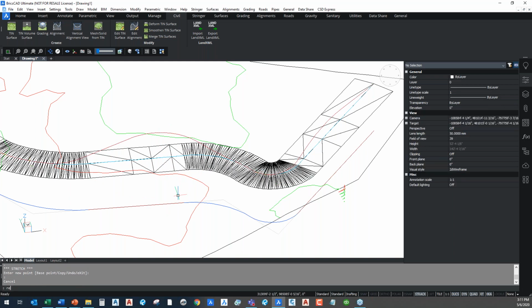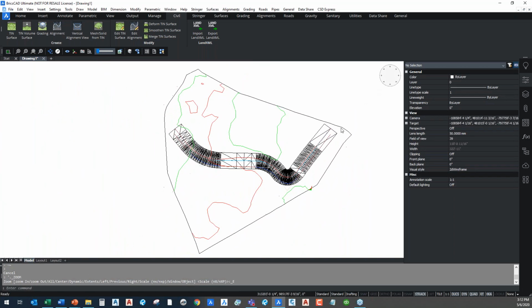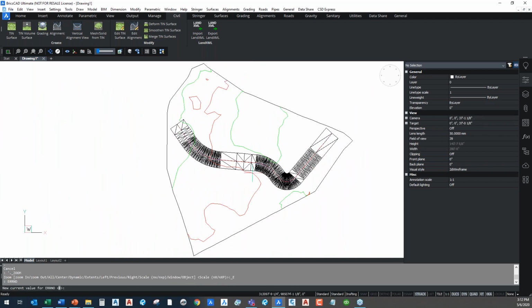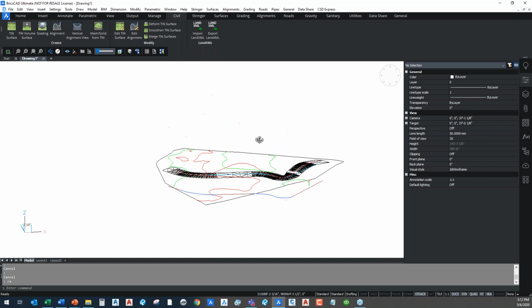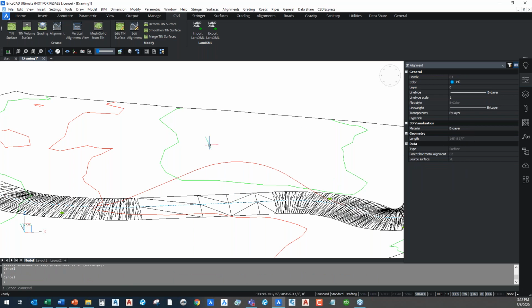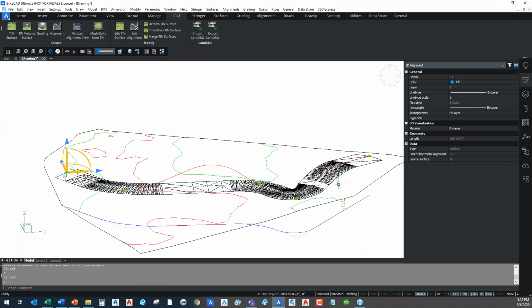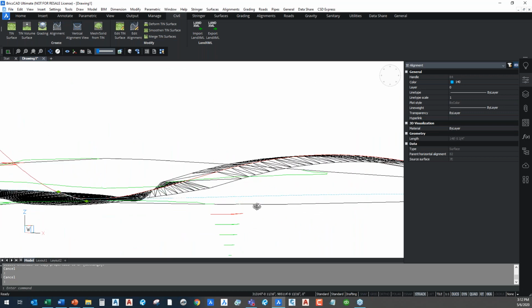And then again, when I'm done, I just regen, right? I go back to my plan view here and regenerate my drawing, and you can see everything that I'm working with. Oh, sorry, I clicked on the wrong alignment. But you can easily adjust and change the display of your roadway. So you can see over here where I clicked on the correct one, how easy it was for me